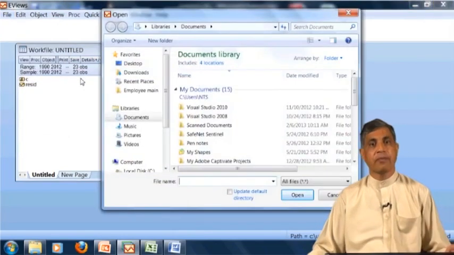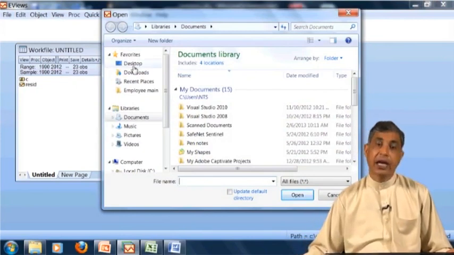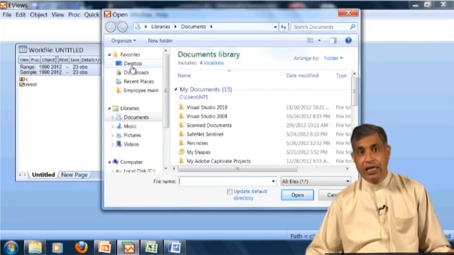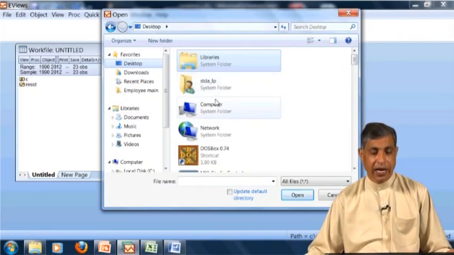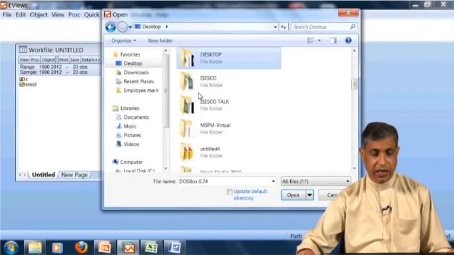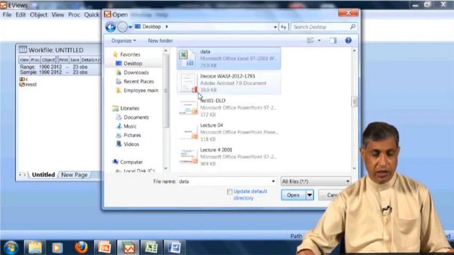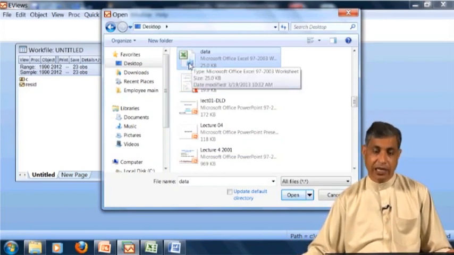When I have asked for the import file, it has started browsing itself. As I told you a minute before, my data file is on the desktop. I will click desktop, and as it starts with D, I will search it by D. So if you look at this, this is the data. I will double click this.